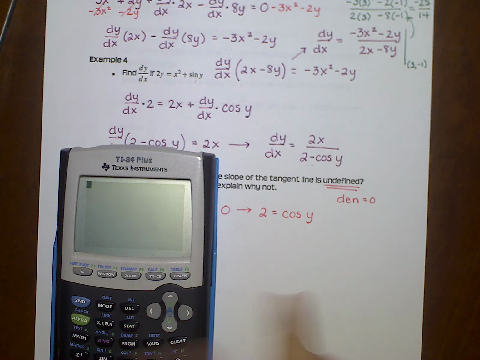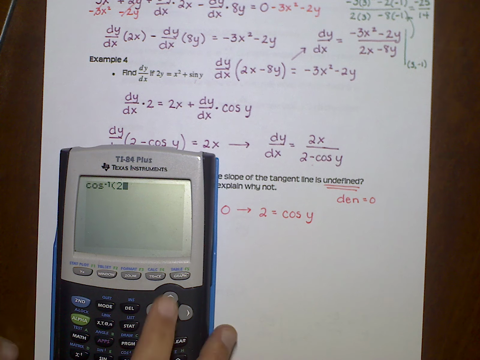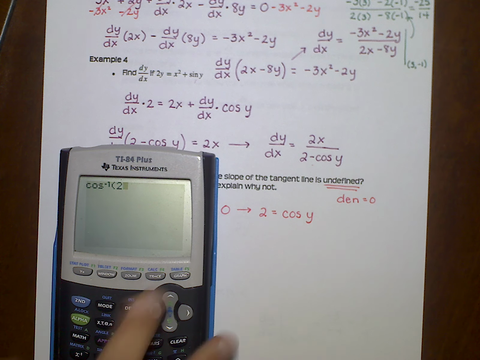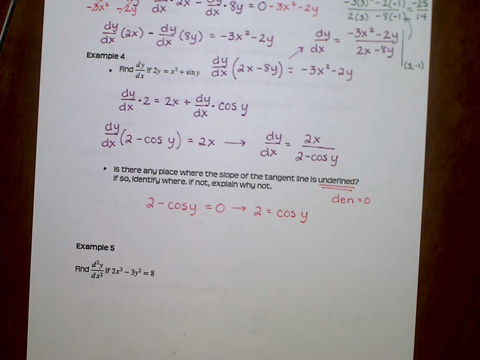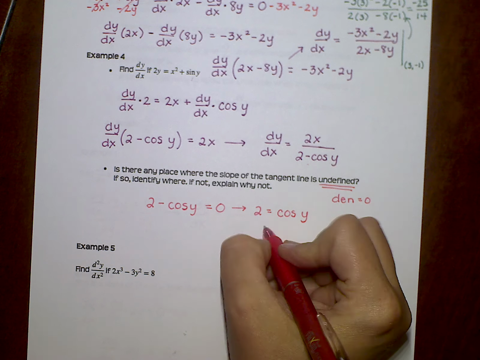This is a situation where I'm solving for an angle measure, right? So I'm going to do an inverse cosine of 2 to find out what angle would have a cosine of 2. And I get a domain error. The reason for that is you can't have a cosine of 2. When you think about your unit circle, there's no such thing as a cosine of 2. The biggest cosine you can ever have is 1. Cosine is limited between 1 and -1, so we're never going to have a cosine equal to 2. So this is not possible,